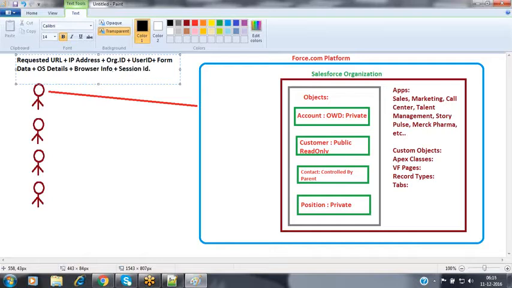All this information is forwarded to the Salesforce instance.